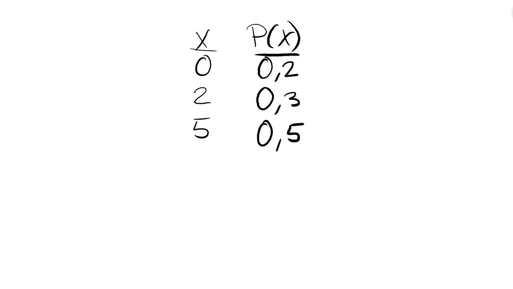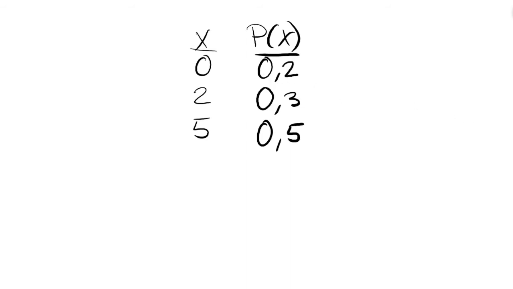The first example we're going to look at is when we have some x's and some probabilities for these different x. So we have that x can only take on the numbers 0, 2 or 5, and it has these different probabilities for taking those numbers. So how do we then calculate the expected value, the mean for this whole population, if we know that these are the true probabilities?